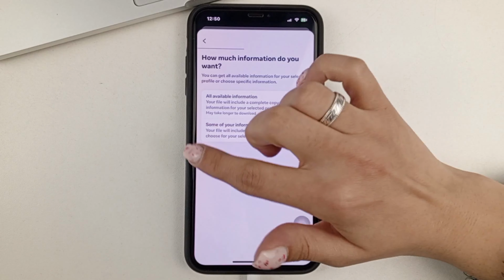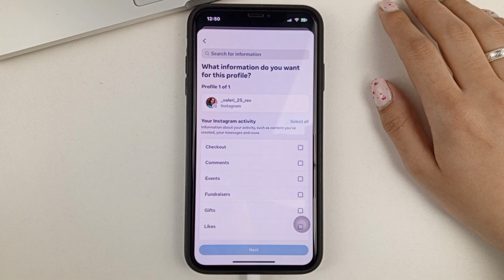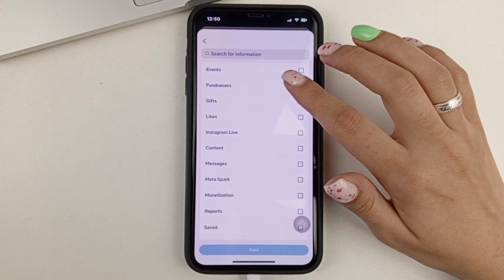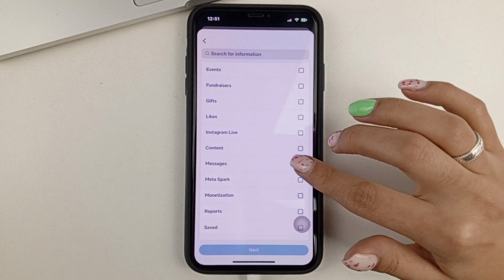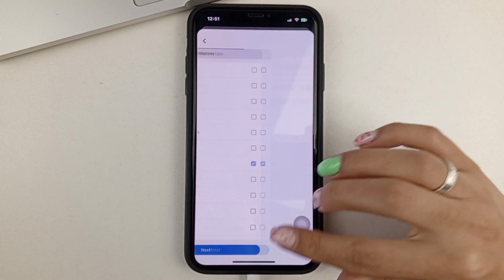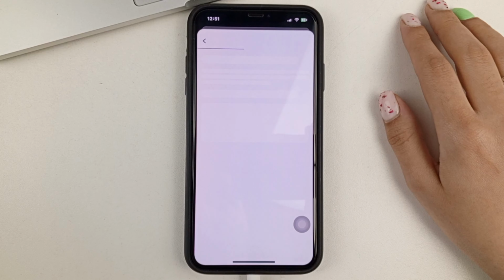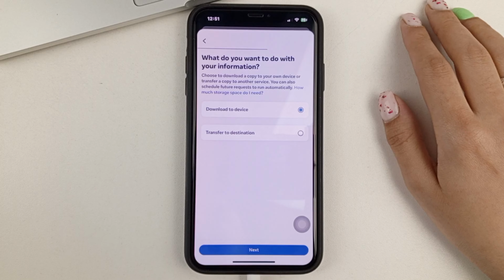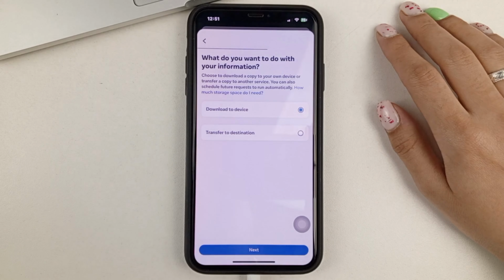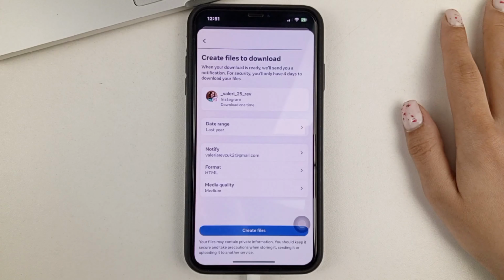Next, we select our information. Now we need to select Messenger. We have here, as you can see, it's automatically set to upload to device. We don't change anything, we click Next.